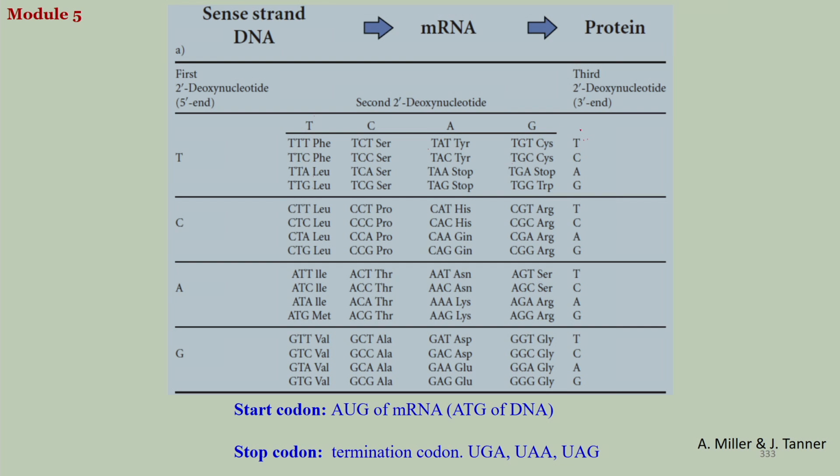So, total 16 combinations out of here. So, each of them will have 16 combinations. So, in total you are getting about how many? 64 combinations. So, Professor Khorana has synthesized all 64 combinations in the laboratory,